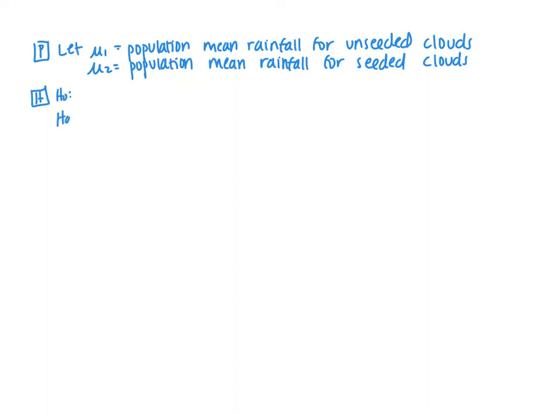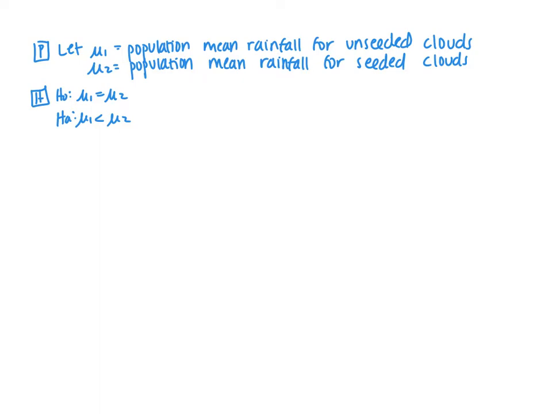Okay. So then, writing our hypotheses. Both our null and our alternative will be in terms of mu1 and mu2. You have 2 different options for how you can write these. Ultimately, we want to know if the rainfall is higher for the seeded clouds. So the first way that we could write this is we are going to assume that the rainfall is the same for the 2 treatments. And then we want to know, is there evidence that mu2, the rainfall for the seeded clouds, is greater than the unseeded clouds? That is the first way to write the